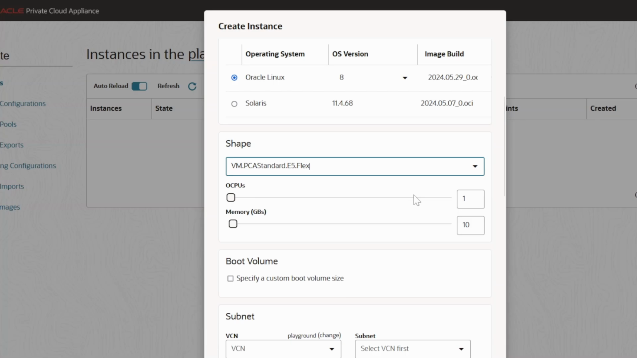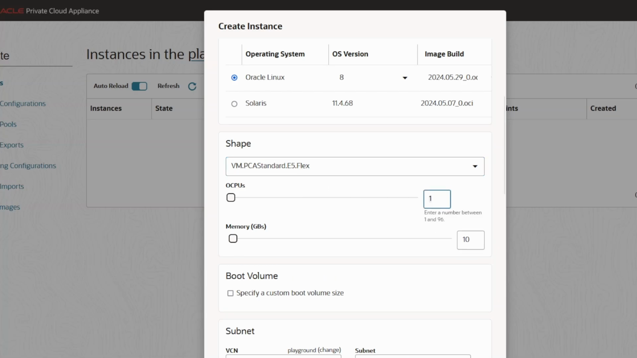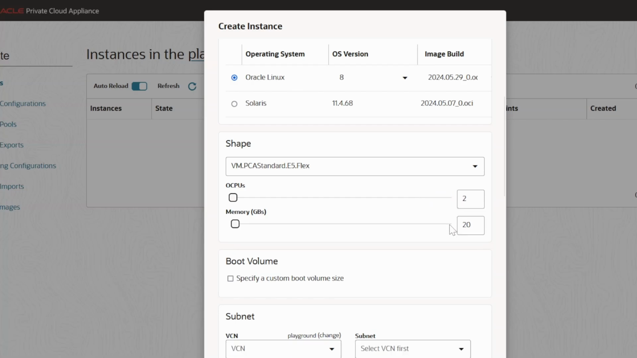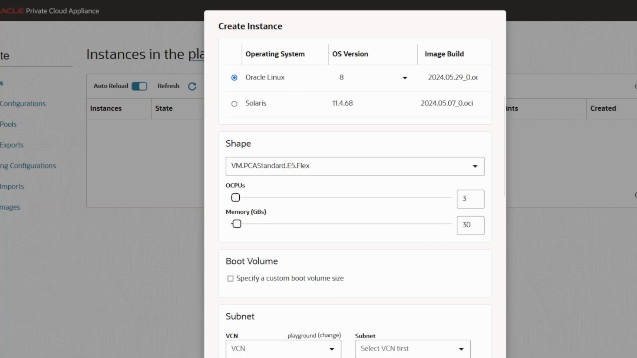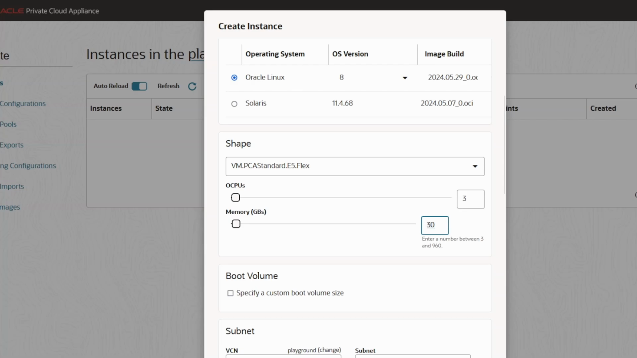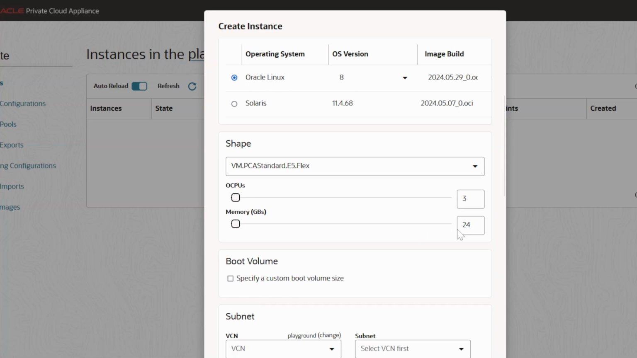Then you select the shape. In PCA X10, there is a flex shape. The flex shape is a special shape where you can provide the configuration of the CPU and memory, and it can be flexible. One OCPU is equal to 2 vCPU. And if I put 3 OCPU, PCA will try to provide memory of 10 times the OCPU. You can change it. For example, in this case, I would like to create a VM with 3 OCPU and